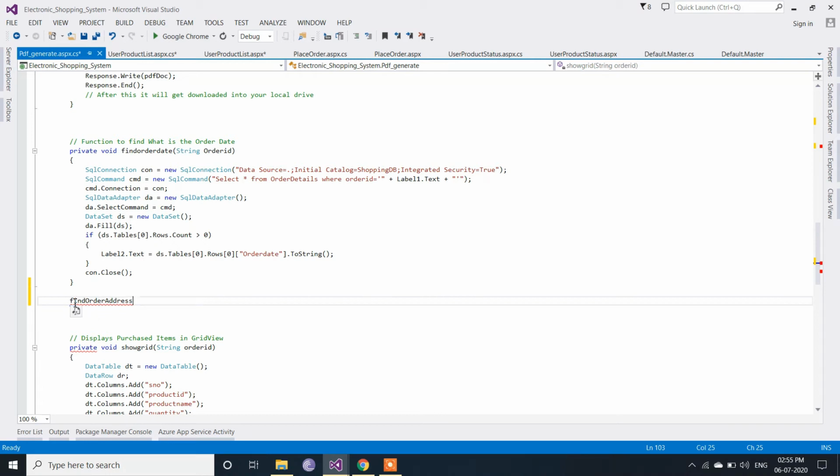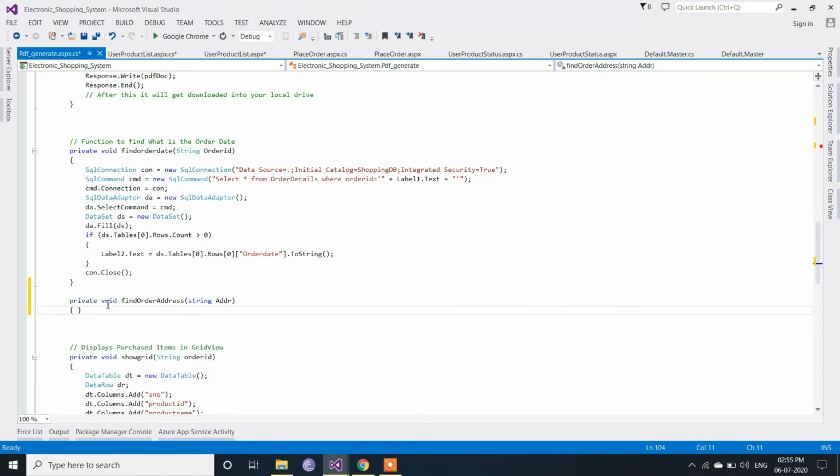Private void function, and the variable we have to give here.